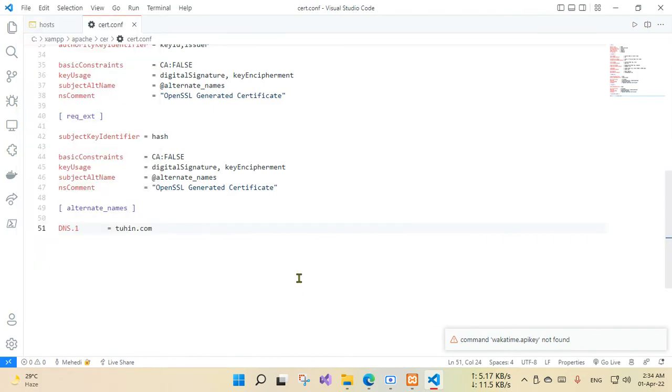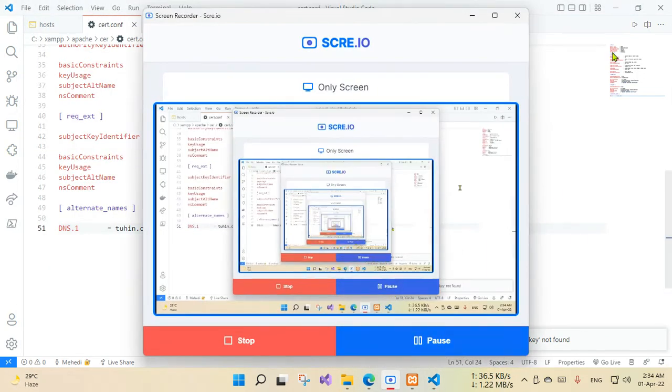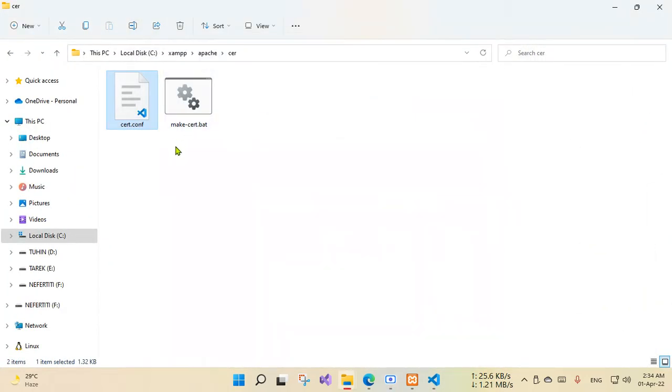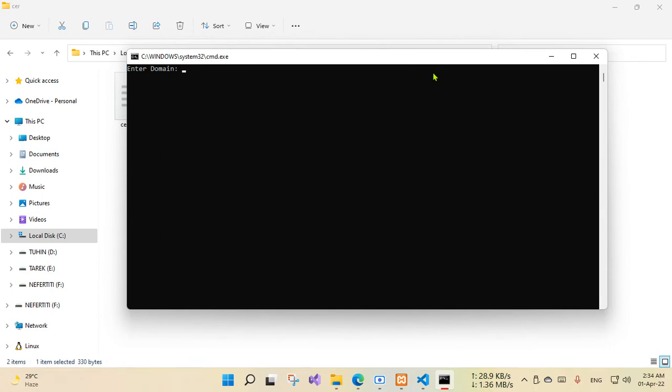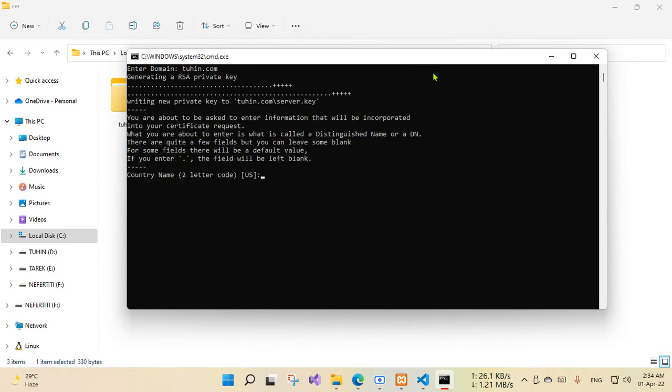Now save it and done. Now go to the folder again and run crt.bat, domain name tuhin.com, BD, Dhaka. We can skip the rest,